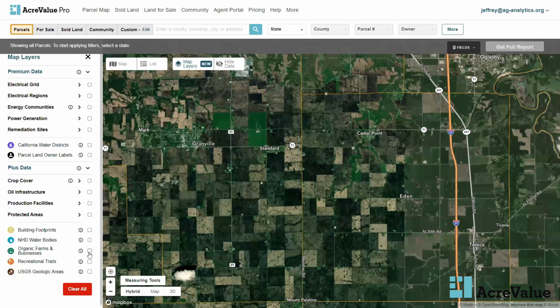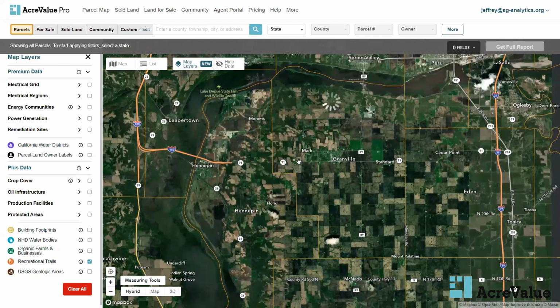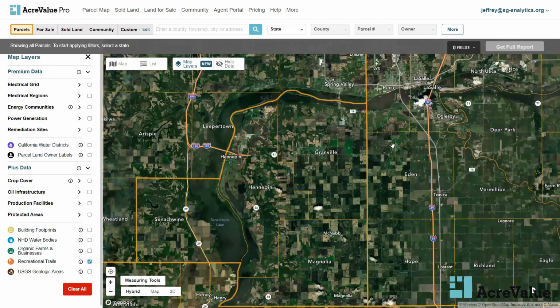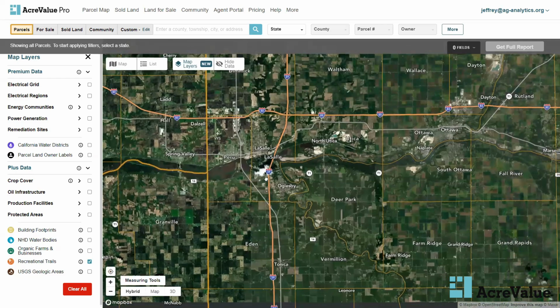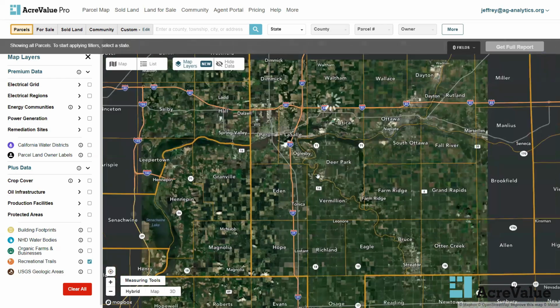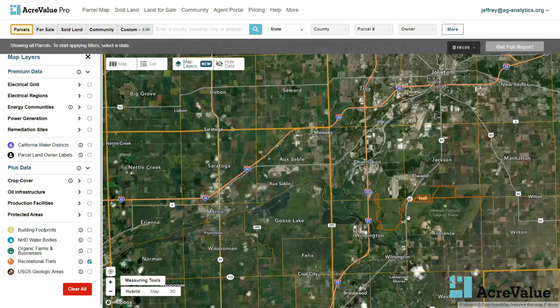For our more recreational oriented folks, so hikers, runners, bikers as well, we'll also be able to tell you trail access. So where are things like hiking trails in a particular area? Where can I go for a little bit of recreation, right? And so as I zoom into, let's say like right here,